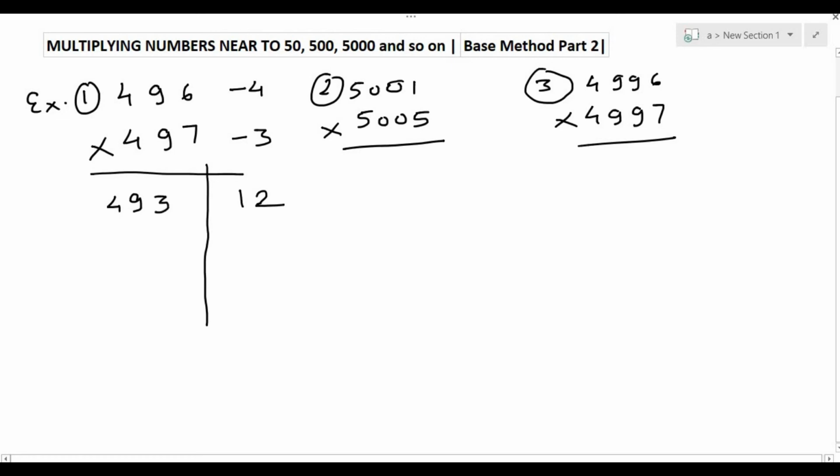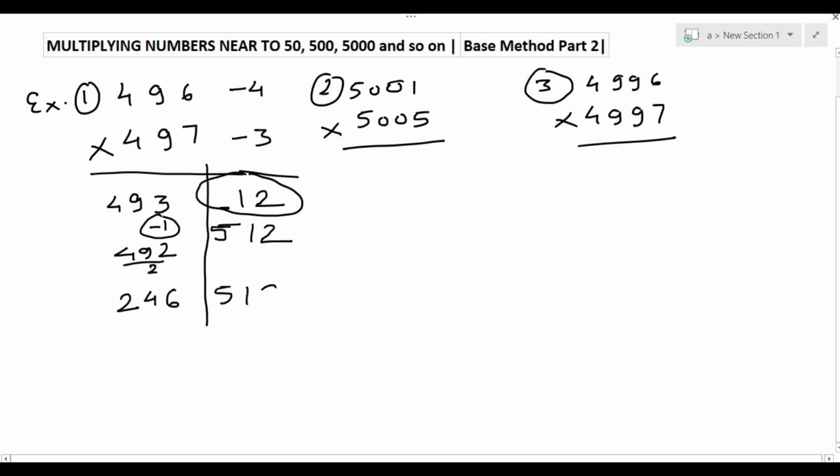Now this is an odd number, so minus 1. And when we do minus 1, we add 5 here. So this 5 will be added on the first position. As the base is 500, we have to take care. There are 3 numbers on the right hand side. So there will be one number here which will be 5, when we add 5, and these 2 numbers will be coming down as it is, that is 512. So this will be 492 over here, dividing it by 2, which will give us 246 and 512.